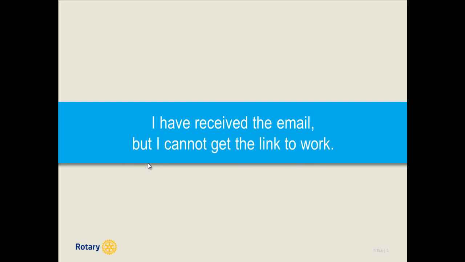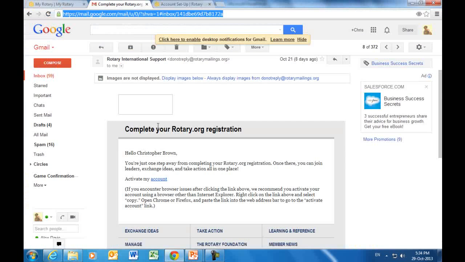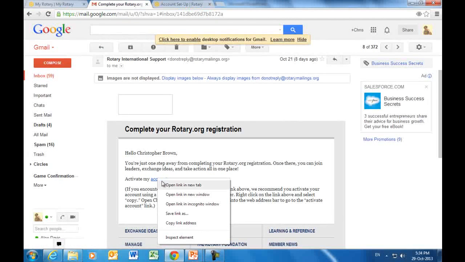So what if you have received the email, but for some reason or another you can't get the link to work? Well, some email browsers may leave off portions of a link or remove the ability to click a link, or your default browser may not be the supported one, so you may get an error message. So what you want to do is right click